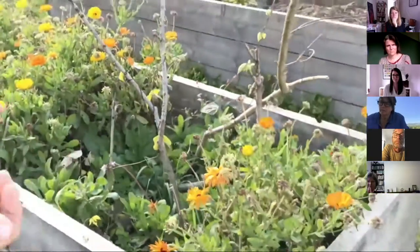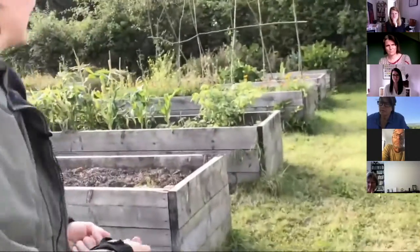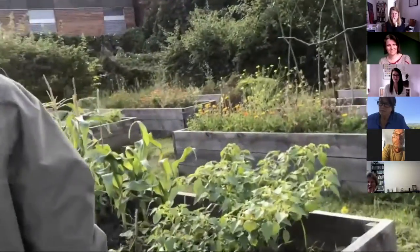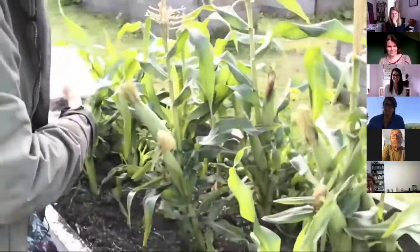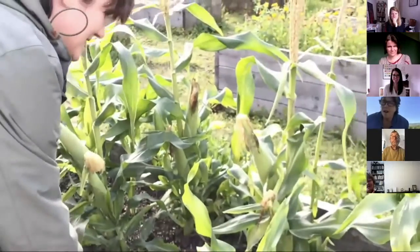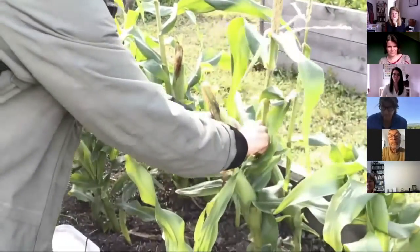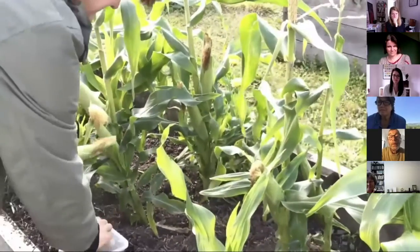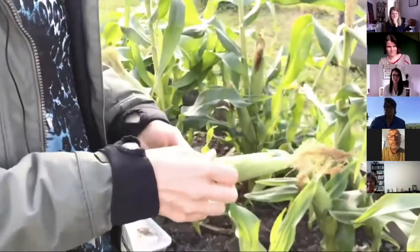So yeah, some of the wildflowers are really easy to gather. And should we just have a look at one of the corn? Little treat. I haven't actually dared to look at them yet because I was hoping to have a really good example, and I didn't bring a knife today, but let's have a look at this. I'm hoping it's ready, we shall see. But corn is one of the really interesting ones because